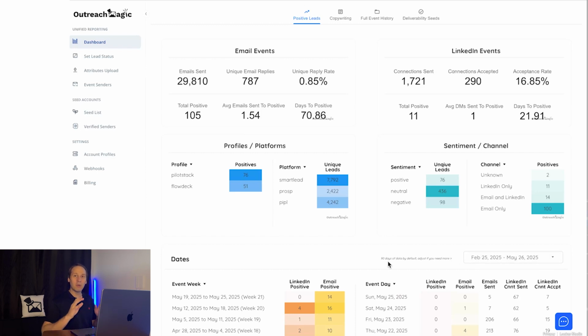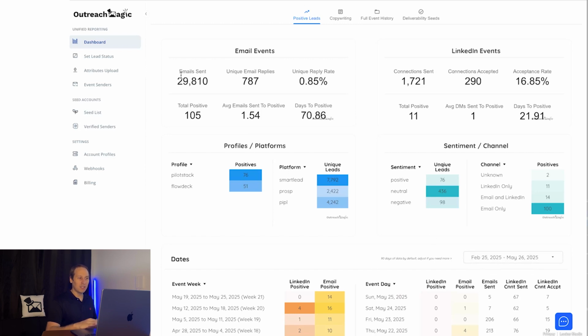What's really cool about Outreach Magic is if you switch tools, maybe you're using SmartLead and now you're going to be using Instantly, or PlusVibe, or you're switching different tools back and forth, you don't lose any of your data. We have clients that have been with us for years and we still have their data. That being said, you can see what actually happened. This example is for the last 90 days, so if you want more data, you just change that here.